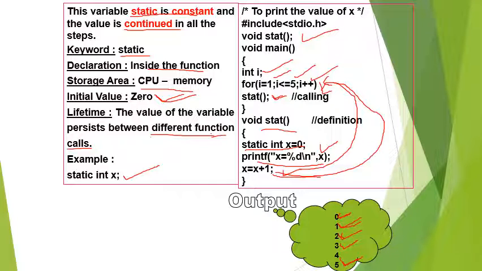Only after the value becomes i equal to 5 will it remove the value of x from the memory. Whenever this function calls, the value will remain in the memory. So the value is continued in all the steps. That is why it is called static.